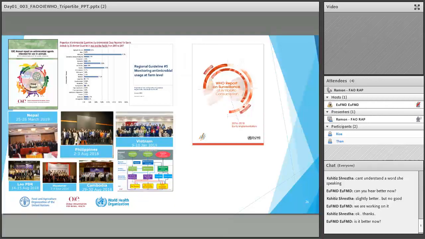So these are some of the activities we organize at country level to improve the capacity of the veterinary services to do this data collection and reporting. Also in those country level activities, it is important to understand the value chain or distribution chain of antibiotics at country level, from where you can gather this data and from where you can regulate these things, and what the deficiencies of the country level regulations are. That kind of activity is also going on at this moment with the regional countries.